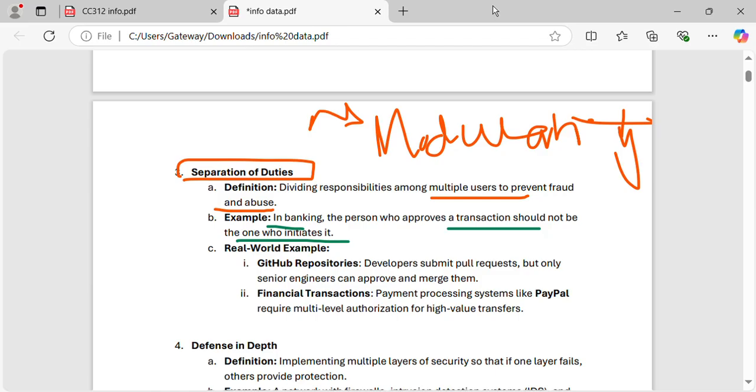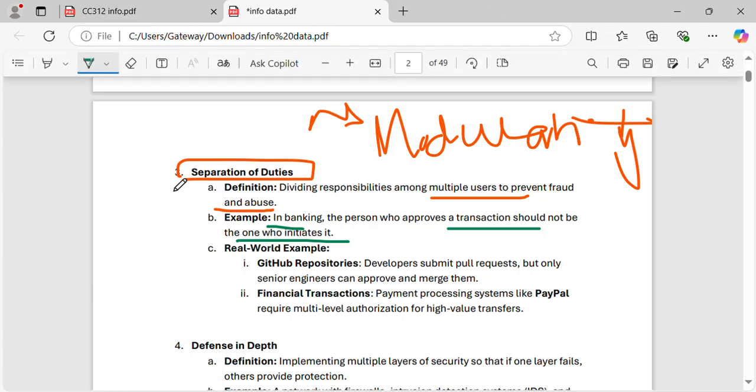So if some person may give a transaction to this customer, may get the money from him or her, then the other person, the person who really understands this concept, like the banker himself, can point that out, right? So it means that the people initiating should work in kind of teams to enable a secure system. One example could be GitHub repositories, where developers submit pull requests, but only senior engineers can approve and merge them, right? Because